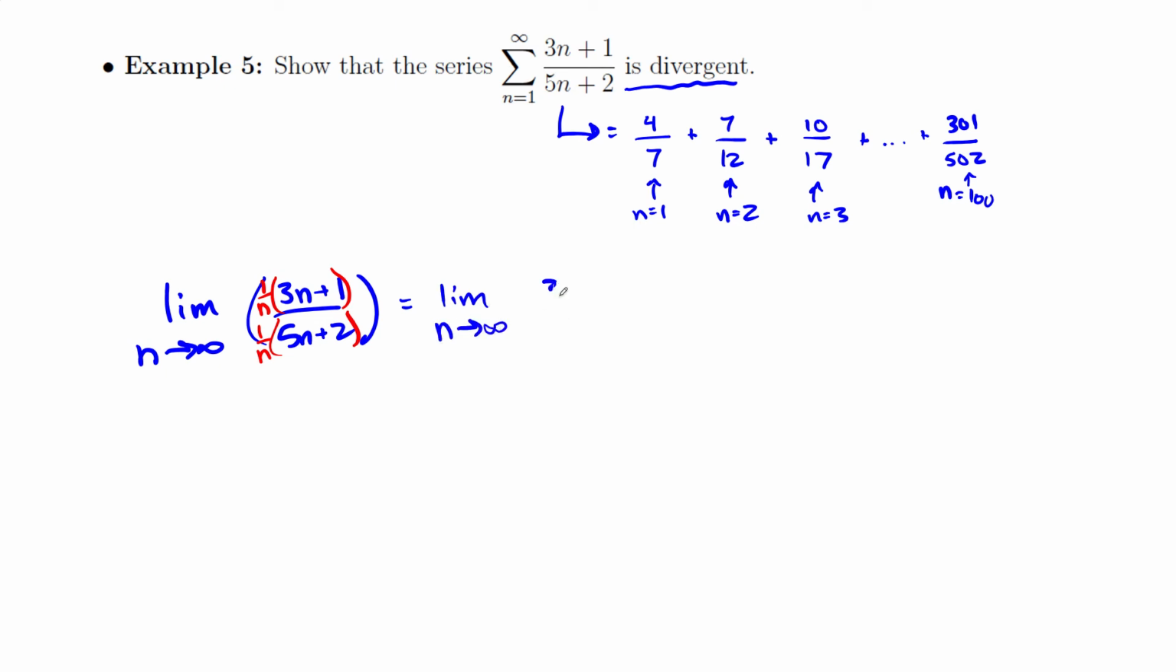So we end up with (3 + 1/n) over (5 + 2/n), and we know that these guys both go to 0 as n goes to infinity, so this should be 3/5. Well, if the members of the sequence are settling down to 3/5, then if you're adding those members of the sequence to themselves over and over and over again, there's going to be no limit to what that sum can go to. So the way we would say this is the series